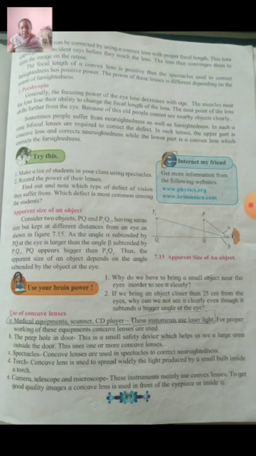Thus, here angle alpha is greater than beta. Thus, the apparent size of the objects depends on the angle subtended by the object at the eye. Here PQ appears larger than P1Q1, though they are the same in size. So the size of the object depends upon the angle which is made by the object with the eye. So we bring small objects near to the eye to see them clearly, because when we keep them near to the eye, the angle made by the object is higher, so it looks larger than its original size.